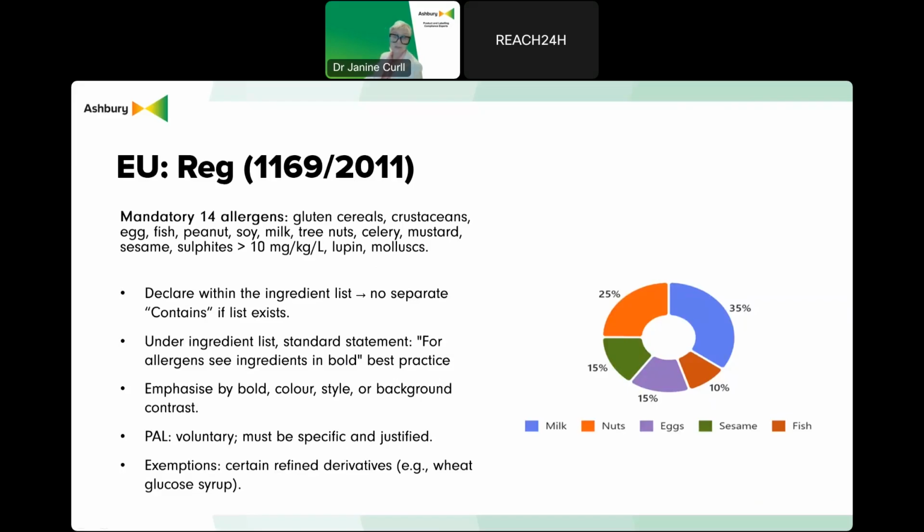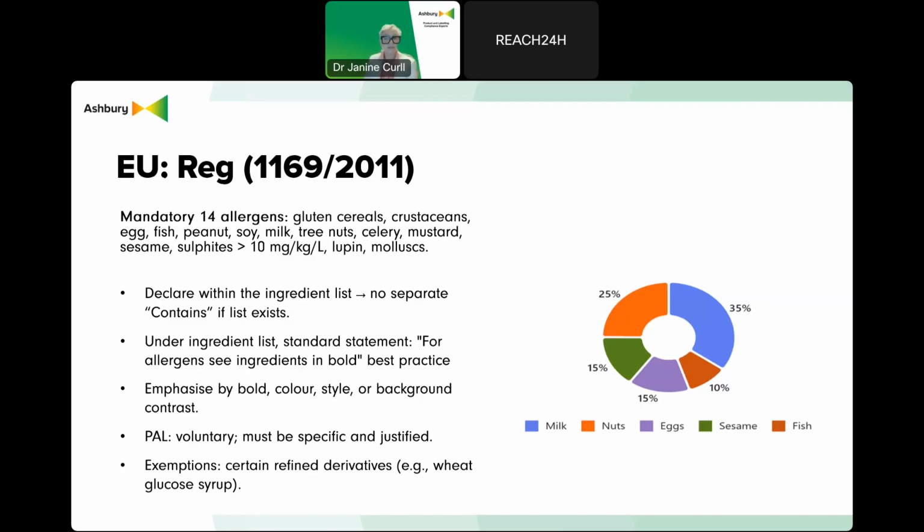Turning to the EU regulatory system now, Regulation 1169/2011 is the main law for allergen labelling in Europe. It's been enforced since December 2014 and applies to all foods sold to consumers, whether prepackaged or non-prepacked, including online and distance sales. For packaged foods, which is what we are limiting ourselves to here tonight, the regulation requires allergens to be clearly highlighted in the ingredient list. It means using emphasis like a bold font, different style or background colour, so they stand out from other ingredients.